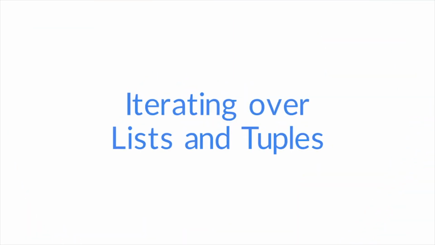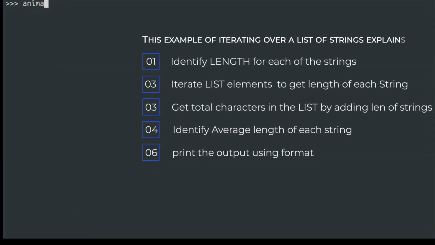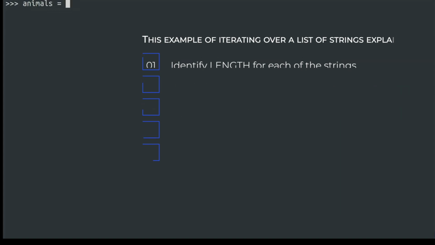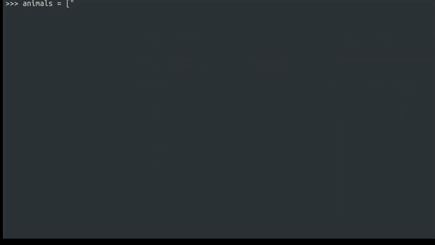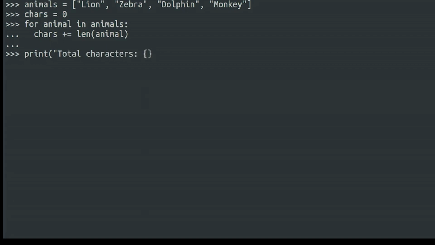To understand the concept of iterating over lists and tuples, let's create a list of animals. So animals equals, and since we're making a list, we'll start with a bracket, and we'll add lion, zebra, dolphin, and monkey, and end the list with another bracket. chars equals 0, and we'll start a loop. For animal in animals, chars plus equals length of animal, print total characters, average length, format chars, chars